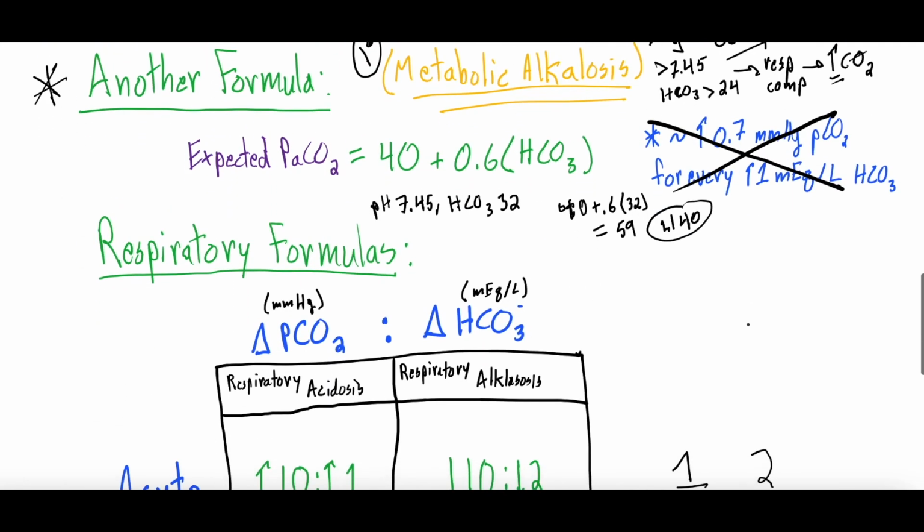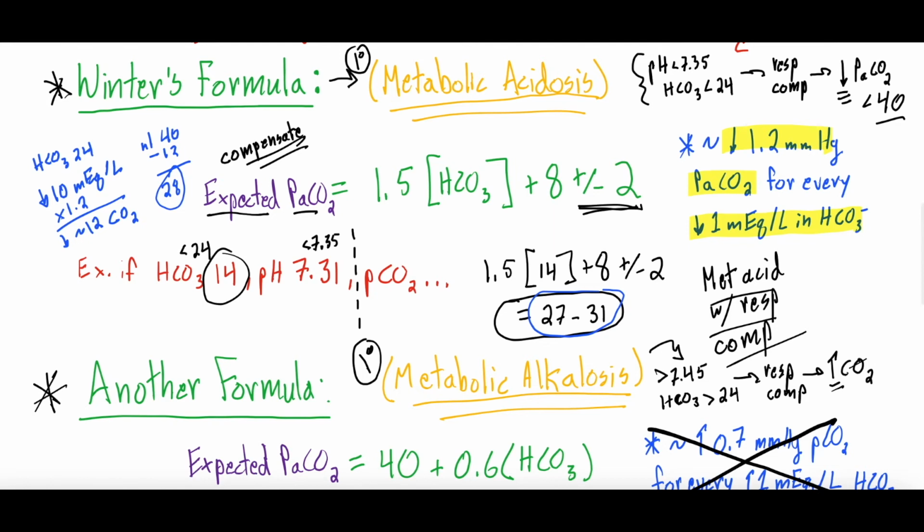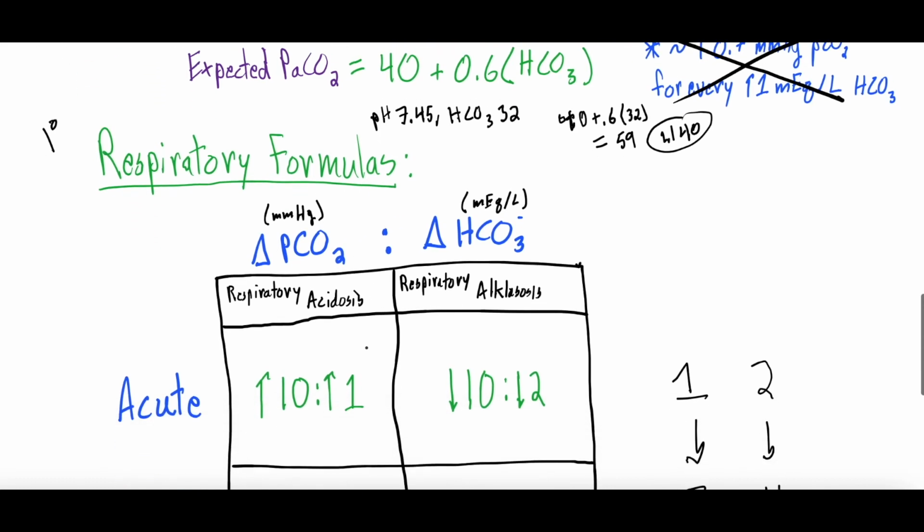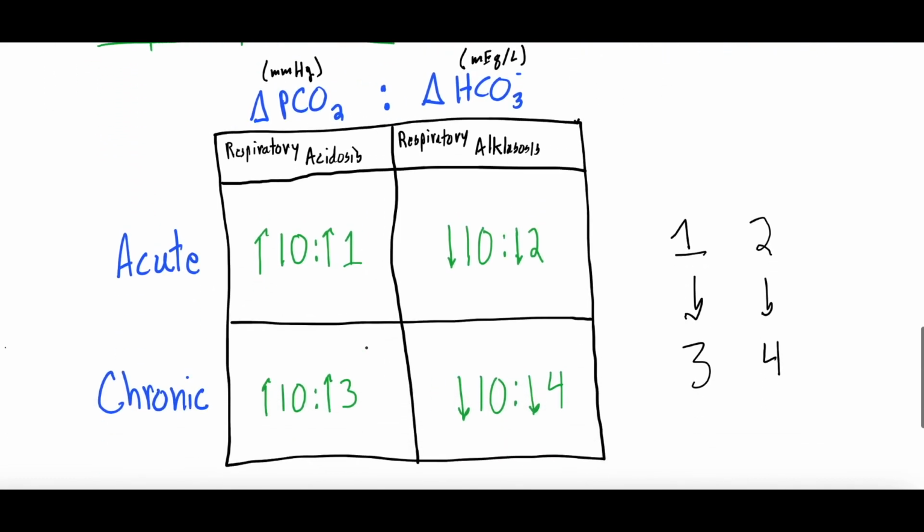So when it comes to respiratory formulations, right, so these were primary metabolic. But if the primary disorder is respiratory, there's actually a nice little cheat box way in which you can remember the compensation, and that is this here. But we want to explain what it's laying out because it can be a little confusing. So for this, it's important to know whether it's acute versus chronic respiratory, right? This comes into play for primary respiratory, because if you have something like COPD, chronic obstructive pulmonary disease, or emphysema is another way to think about it,